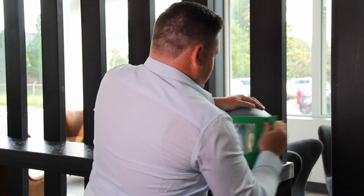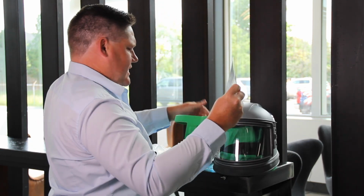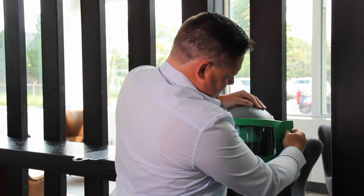Alternatively, you could use the cassette lens system. So I'm going to go ahead, take these lenses out and demonstrate the cassette lens system. So a cassette lens is 5 tear-off lenses and an outer lens all fused together in one system. The advantages are that there is one cassette lens per packet, so that means you're not going to get dust and debris in the other lenses like a tear-off lenses or outer lenses, which have 50 per packet. And the other thing is, being fused together, there's a seal right around the lenses which stops dust getting in